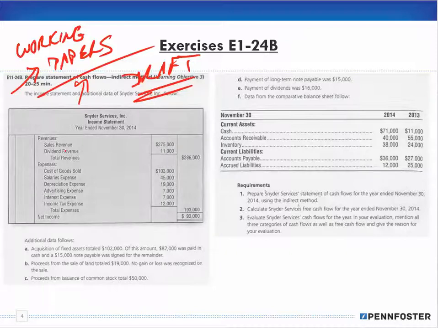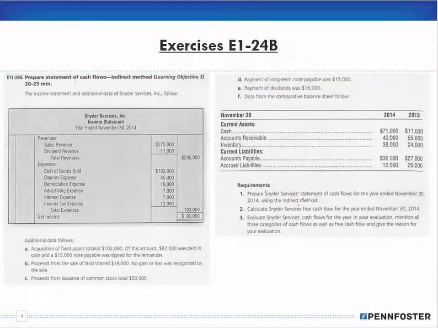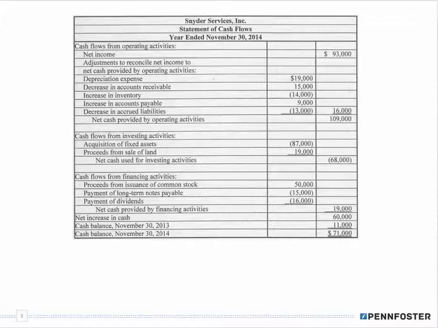Well, to be honest with you, it takes a lot of time, and I don't have a lot of time, so in that interest, for example, it says here, prepare the statement of cash flows for the year ended November 30th using the indirect method. What I've done is I've reproduced the solution, and I'm going to bounce back and forth so that I don't spend an awful lot of time recreating it in this manner. My working papers are awfully sloppy, and as you saw, it does take a lot of time, so in the interest of saving time, this way I don't have to be writing all of these line items. I could just go down and explain what I need to explain in order to arrive at whatever it is that we need. So going forward, whenever I have to create a statement of cash flows, this is what I'm going to do. I'm going to reproduce the solution and work off of the solution so I save time. All right, so with that said,